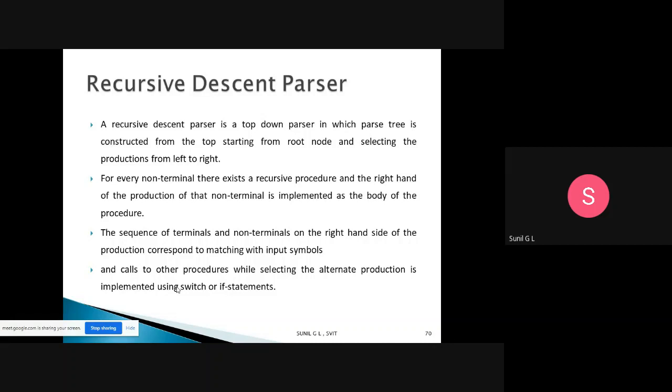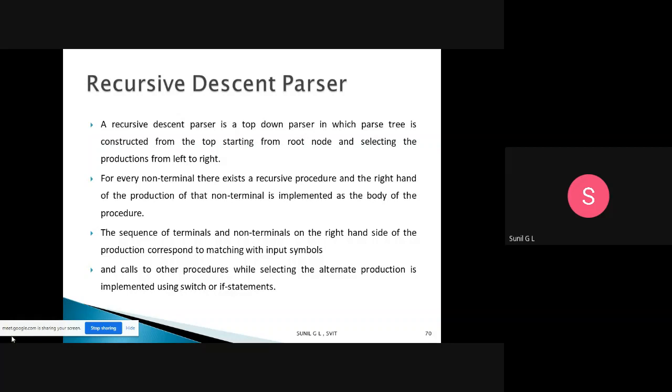Suppose E tends to E plus E, or E tends to id. For E, the capital E becomes a function and id becomes the body of that function. So the non-terminal becomes the function header, and the right hand side becomes the body of the function.